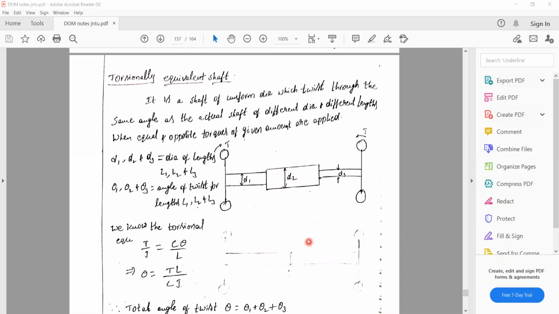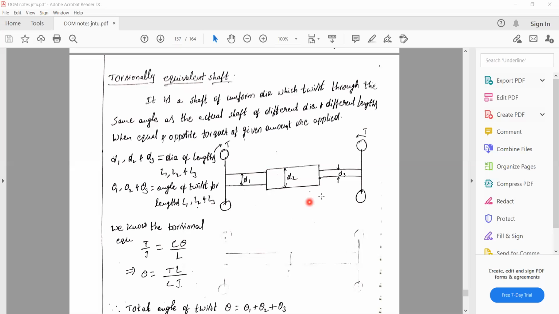So how much frequency, how much vibration is produced by this type of shaft is equivalent to the uniform diameter of the shaft. The frequency value is the same, but for the uniform diameter,